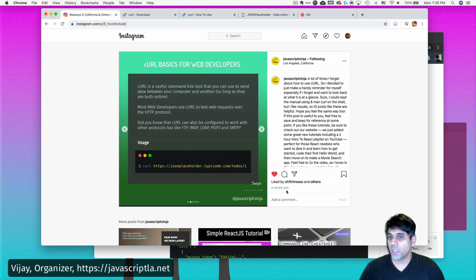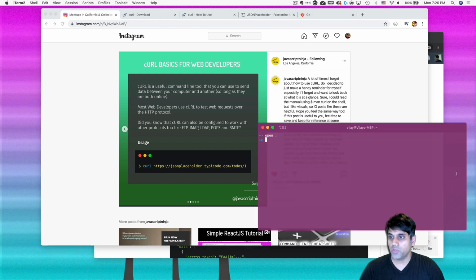Let's go through it. So the first thing you want to do is just make sure you have curl. You can do that easily by just going to your command line and typing curl. And if you get an error that shows you, hey, try curl help or curl manual, you know you're in good shape because you have curl. If you don't get anything back or you get some kind of error saying not installed, then you probably need